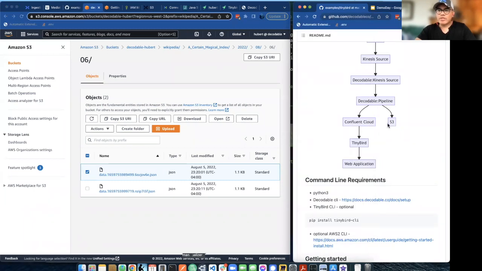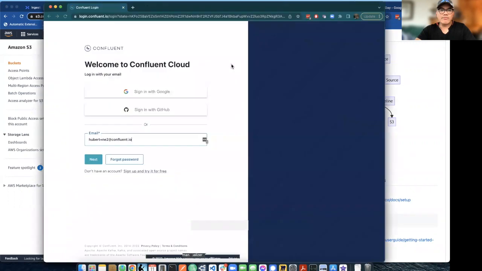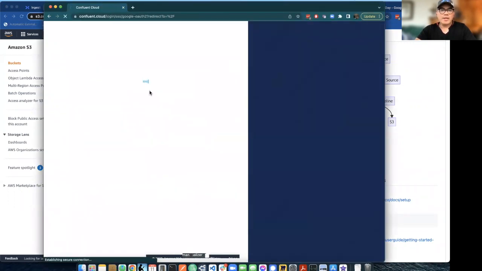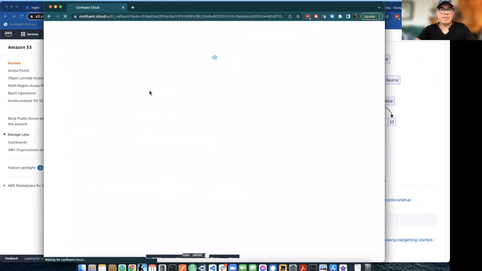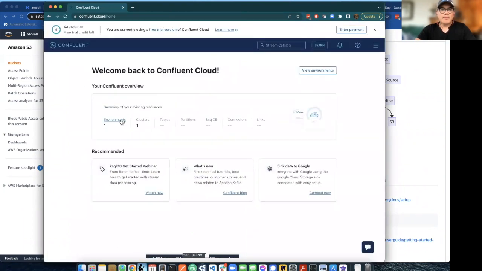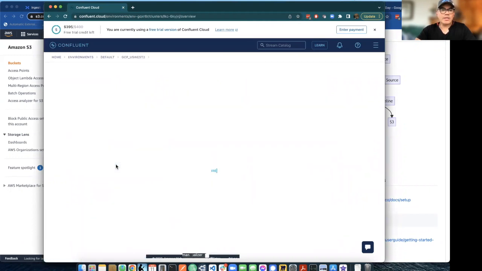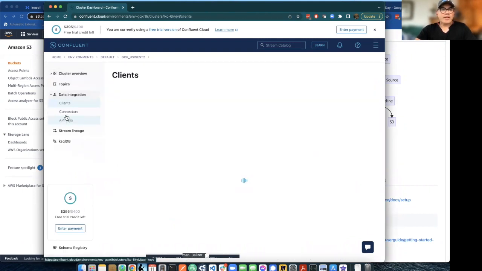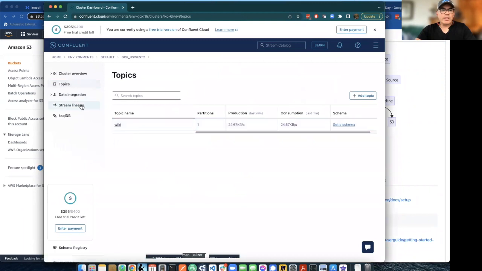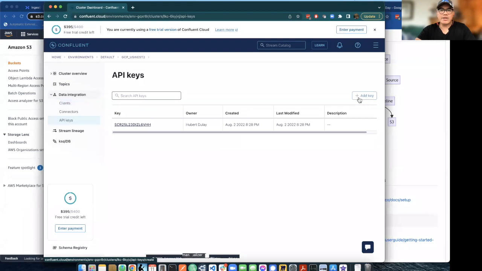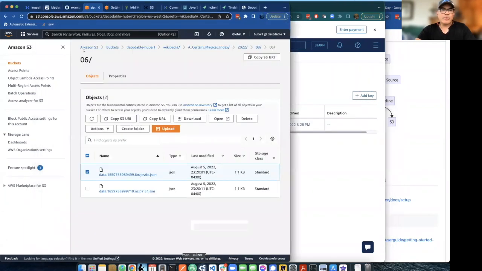So next, we want to go to Confluent Cloud. Confluent Cloud is pretty straightforward. Just sign in. Environments. I have one cluster running in the US West. And then I already have a topic here called Wiki. And then in here, you can create an API key. Just add a key here and then copy and paste the key in the secret that provides you. And that's what you would put inside